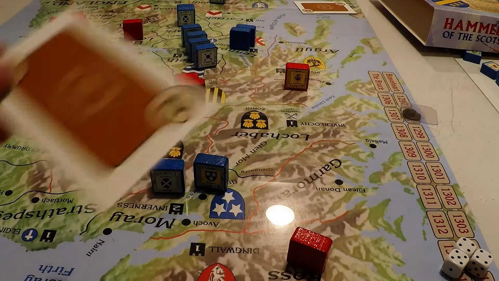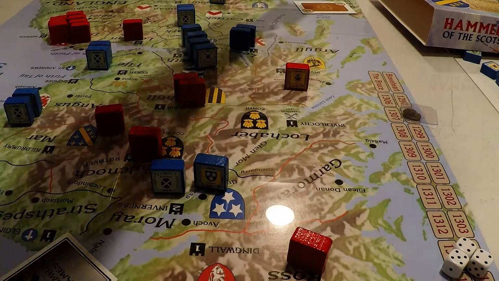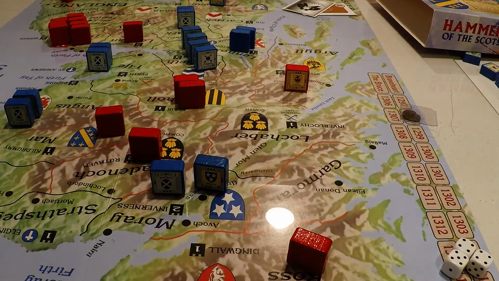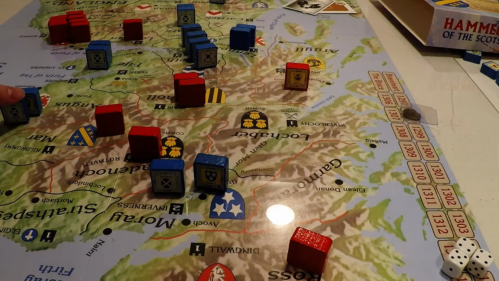Scots are going to play 2 for the next one. England are going to play 1 because that's all they have. So the Scots go first. They don't know exactly what the English are going to do. So since this is the last move where they can actually start a conflict, they will do that by trying to take